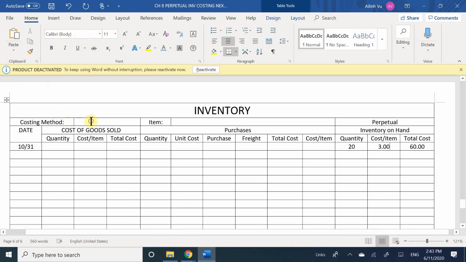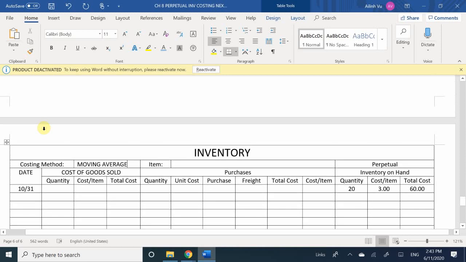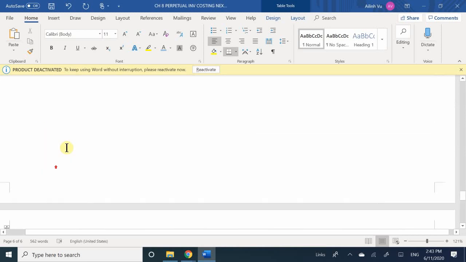All right, let's go ahead and establish right here that this is moving average. Yes, we are doing the third problem. Okay? So now